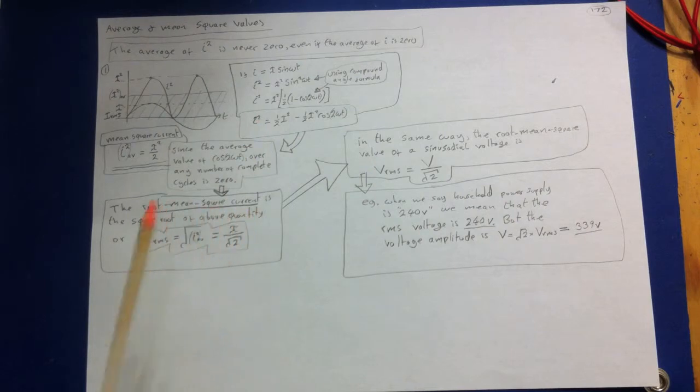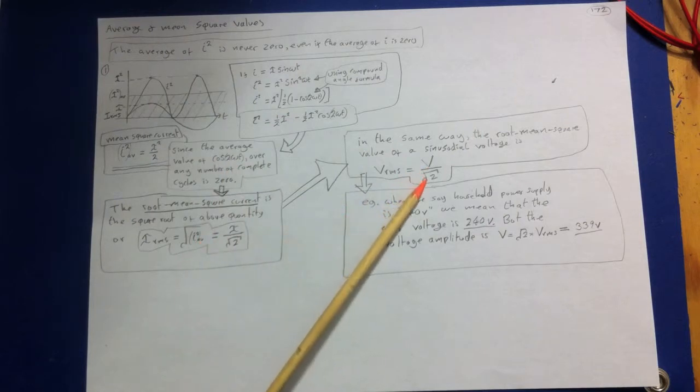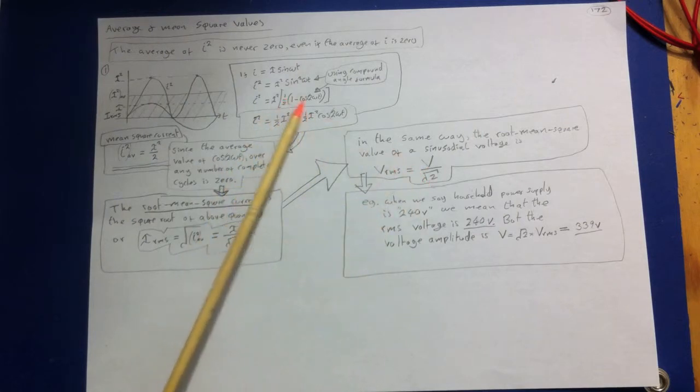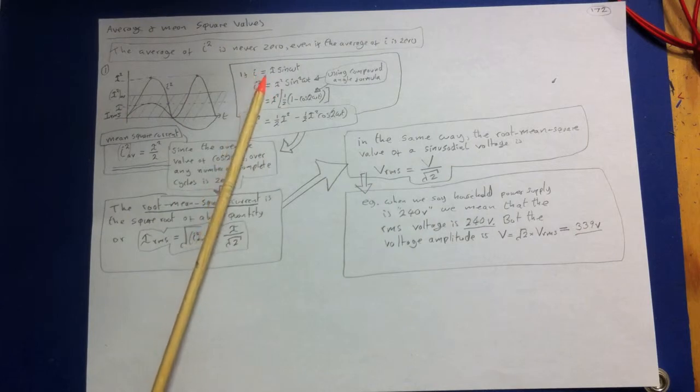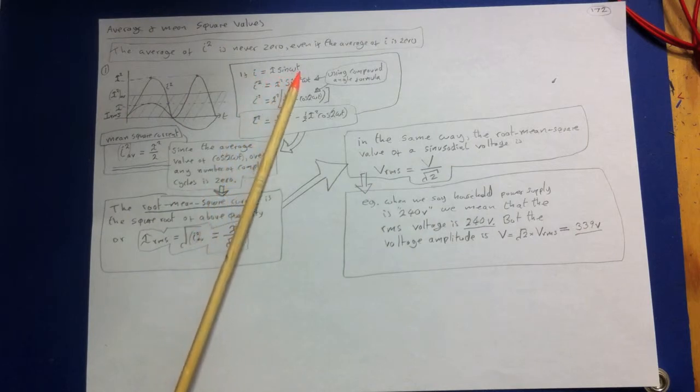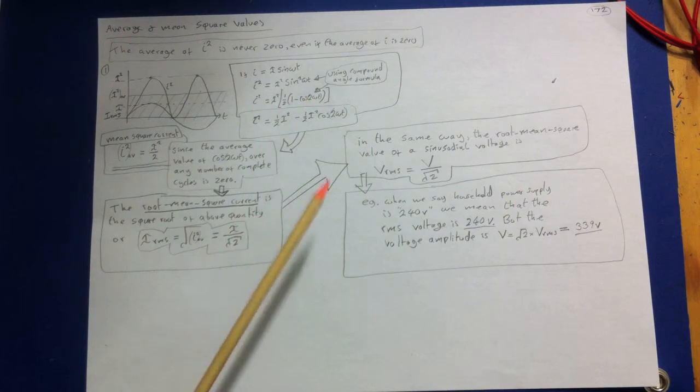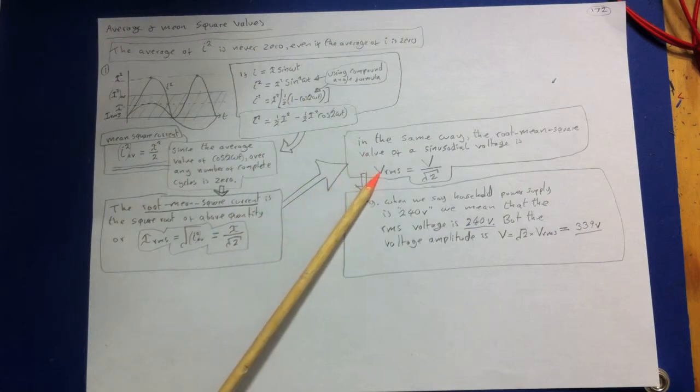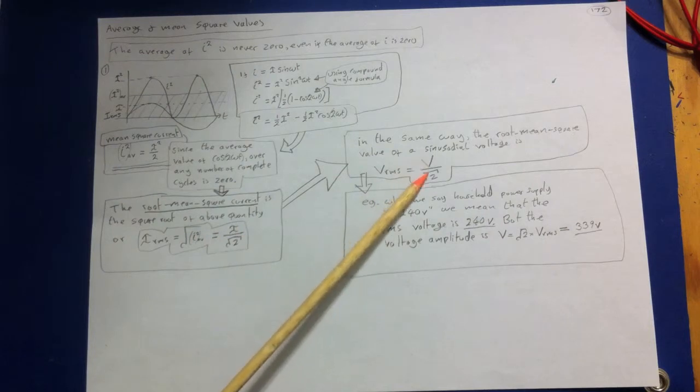In the same way, the root mean square value of a sinusoidal voltage is V RMS equals V over root 2. We have exactly the same argument. We can define a voltage as little v equals capital V sine omega t, and we're going to get the same relationship. We can define this new terminology, root mean square, with voltages and currents, and it's the same proportionality, 1